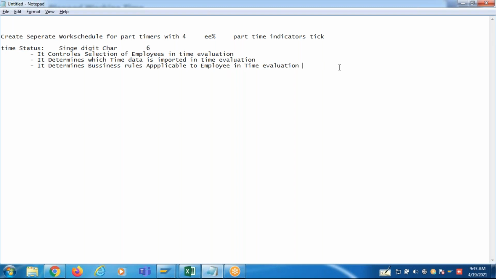What does it do? It imports employee attendance data, master data and the transaction data, performs calculations, and sends the results to the payroll. Clear? Okay, so let's first understand time evaluation clearly, and then I'll explain the time status.